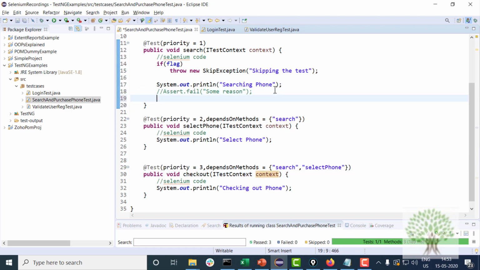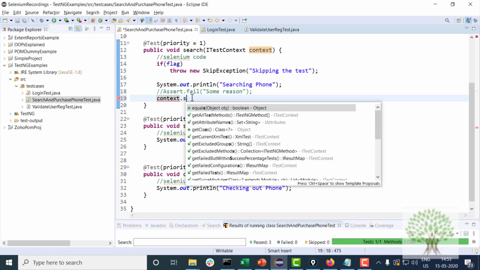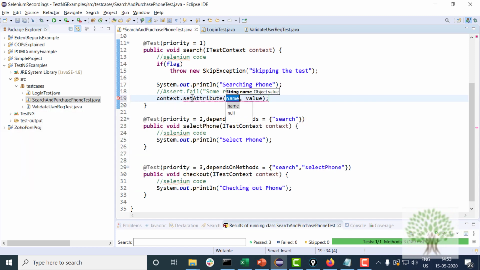Suppose I get some details over here. After searching, I get some phone, say phone ID or something. So I can set it in context. I can write context.setAttribute phoneID, and in which you can write over here, say Samsung.